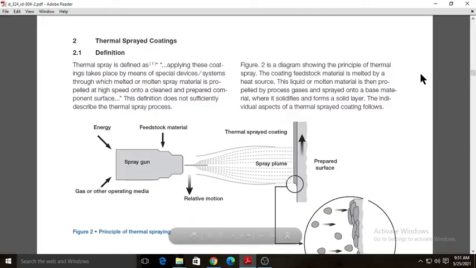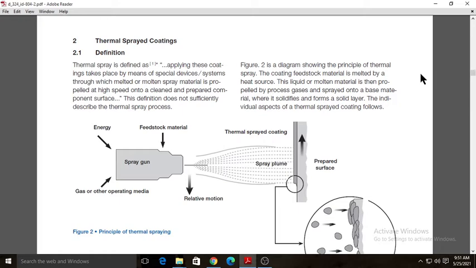Today we are going to see another topic of our chapter number 2, and the name of this topic is thermal spray coating. Okay, so listen to me, what is thermal spray coating? Thermal spray coatings are used to reduce the friction and wear of components and increase their lifespan of operation. Its name denotes that it is a coating process where we coat the surface of a particular material to reduce the friction and wear of the components and increase its lifespan.